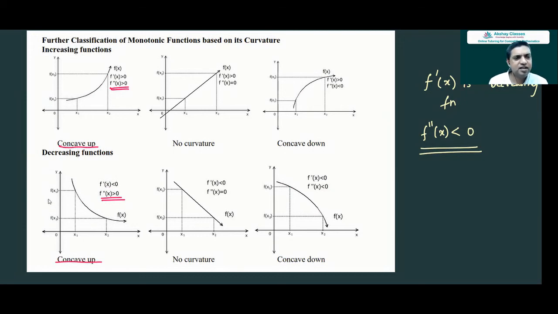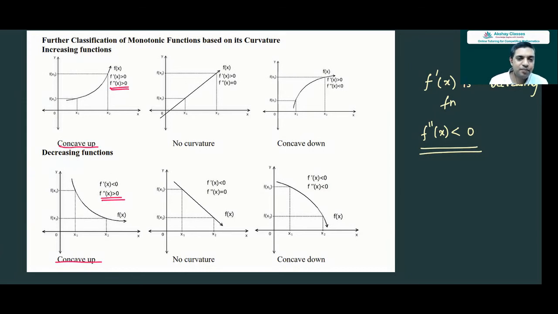While tracing curves, this is very important. How will the graph be? Will it be concave upwards or concave downwards? We have to see. Whether it is increasing or decreasing, as long as the second derivative is positive,